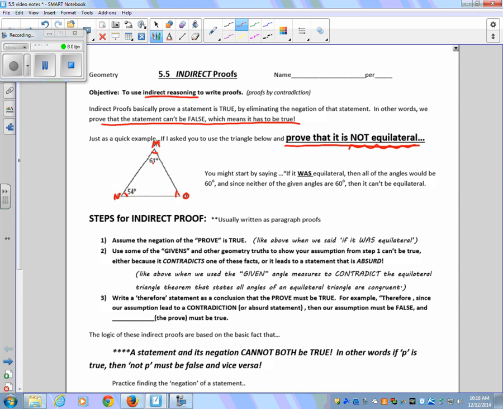Okay. So, steps for indirect proof. Really the best way to learn this is to see some actually being written. So we're going to get through the steps here, a little bit of the logic, and then we're just going to write a few. Step 1, assume that the negation of the proof is true. For example,